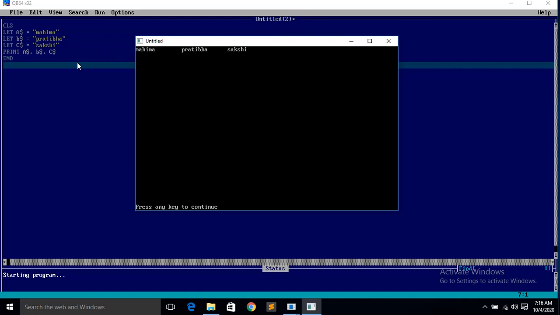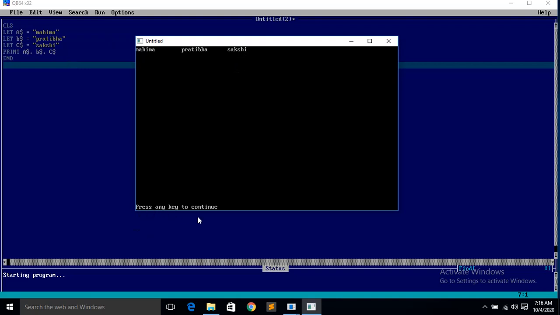Mahima. Now if I give comma, it will give 5 spaces. It will give a long space. Then $. Can you see $? I have given $. So what they have done, they have automatically corrected my program. Before that you have seen I have shown you $, capital B I have given, but it has corrected automatically. So in $ it is Pratibha, and $C it is Sakshi. So according to that the output came.